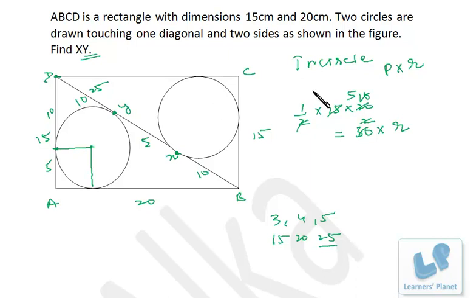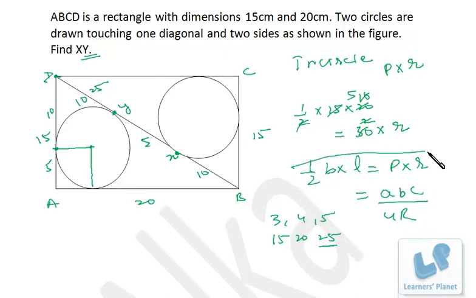Whenever you see a problem based on a circle that is inscribed in a triangle, you should be able to recall this concept of the incircle, that is, area of a triangle, base into altitude, is equal to semi-perimeter into inradius. That's an important one. And apart from that, if you have a circle that is circumscribed to the triangle, then the area is abc by 4R. Here a, b, c are the three sides and R is the circumradius. So you should remember this relationship.